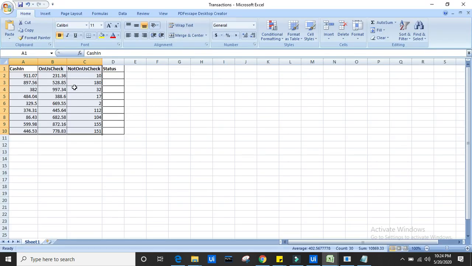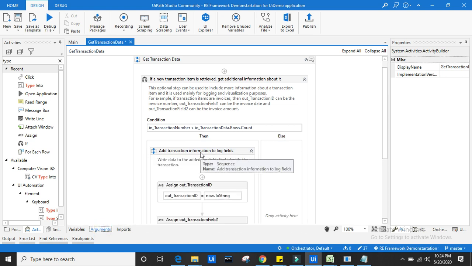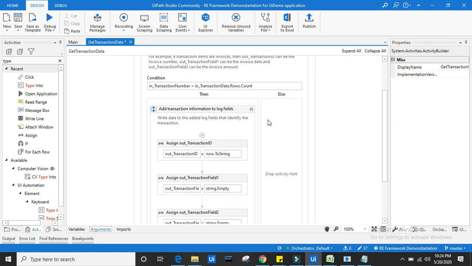How many rows are there? 1, 2, 3, 4, 5, 6, 7, 8, 9, 10. So 10 rows are there. 1 is always less than 10, right? So this condition is true, and it will go to the true part.